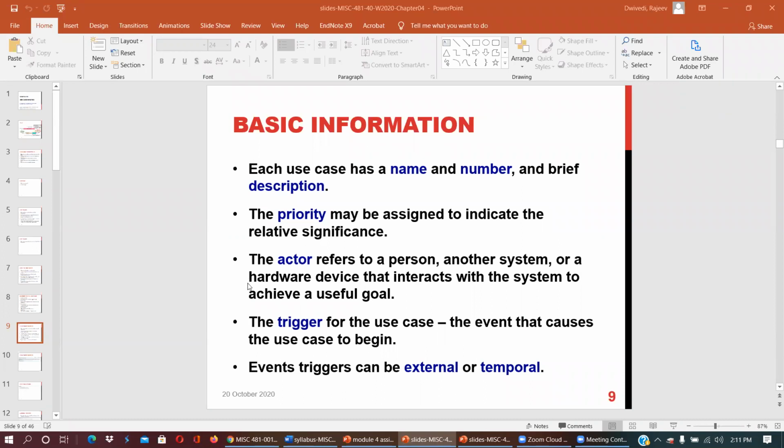So please focus here: actors are not only individual people or humans, but also other systems or hardware. The trigger is the event that causes the use case to begin, any situation or point from where the use case begins. It could be external or temporal.